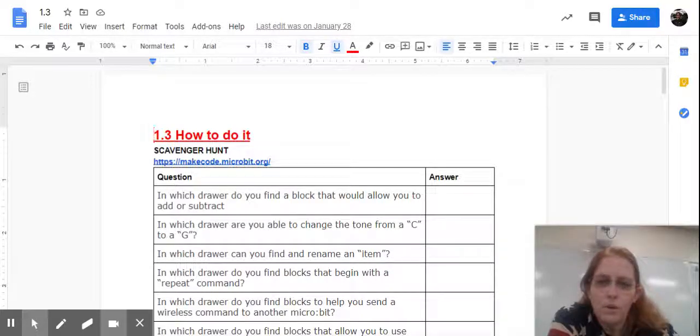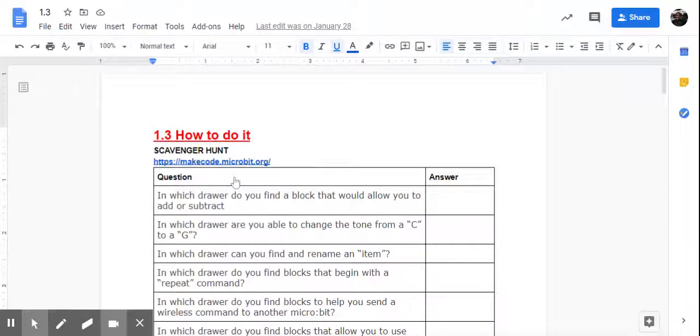So what I need you to do, first thing you're going to do is click on this link right here, and that's going to take you to MakeCode. Okay. So when you get to this screen, you're going to hit New Project, and you can just type in Practice or Scavenger Hunt, and then hit Create. And what that's going to do is give you this screen. This is the MakeCode screen. This is the micro:bit screen that we will be using